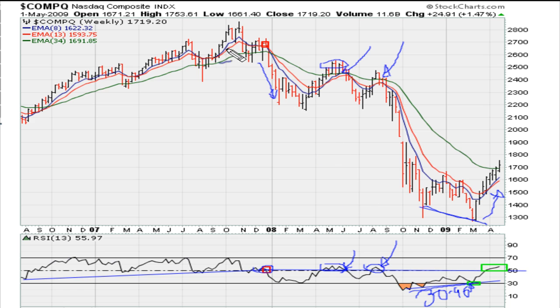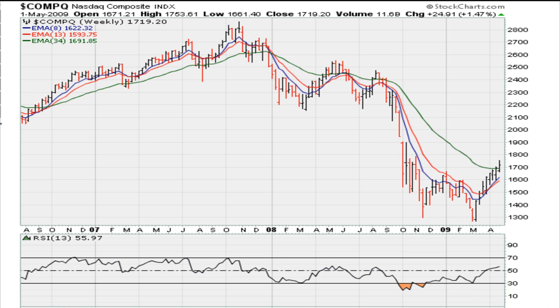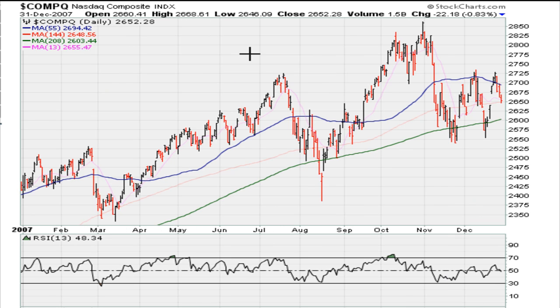Now what I want to do right now is go back to this general area and take a look at the daily charts to see what we can learn about how the market was trading in 2007. So we're going to begin by taking a look again at the NASDAQ daily, and this is a daily chart capturing 2007's daily action. And I want to go back to this interesting point, that we made a higher high, and also notice that this was based on this previous daily closing high here. So that was an entry point, a breakout. The market was breaking out here,